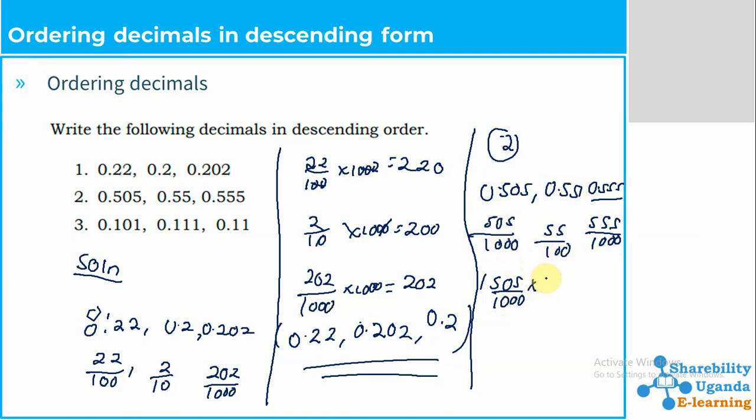We can use 1,000 times 1,000. Should we be able to get our answer 505. Then when we get 55 out of 100 times 1,000, we shall get 550. Okay, then our last number should be 555 out of what? 1,000 times what? 1,000. Our answer should be